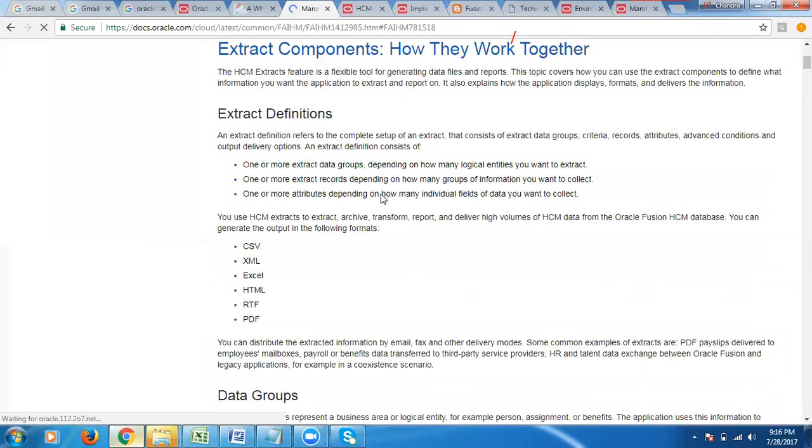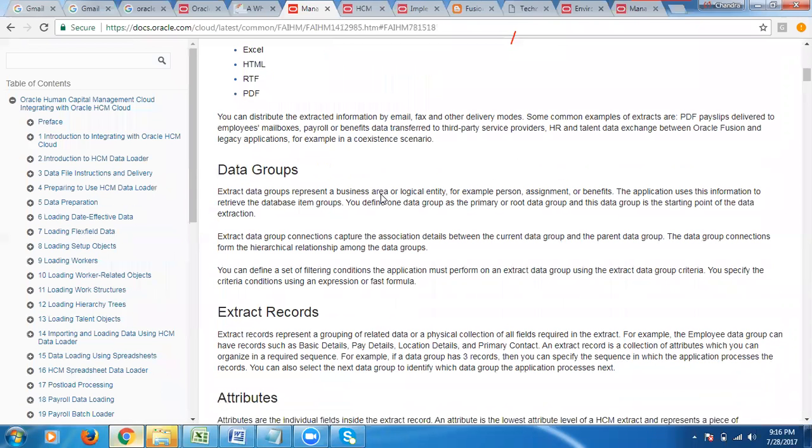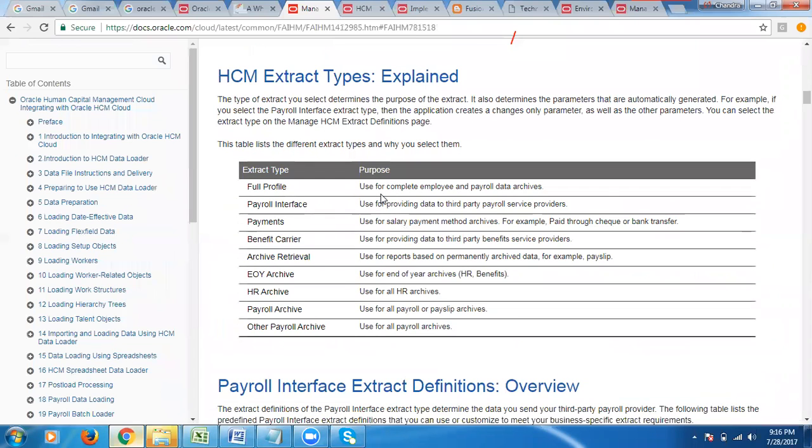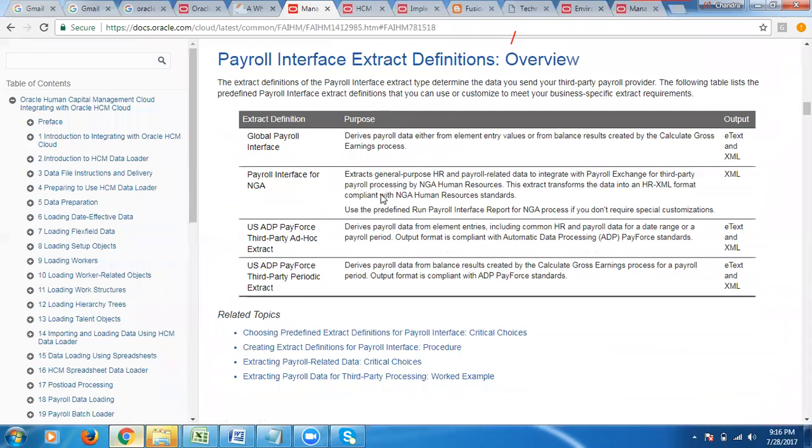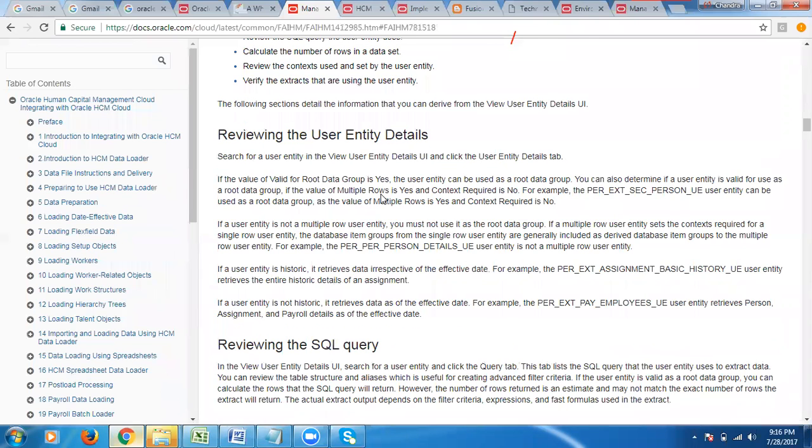What it is and what values it is having. These are the types of extractions. There are 2 or 3 names you can remember, and 3 or 4 user entity names are mandatory.